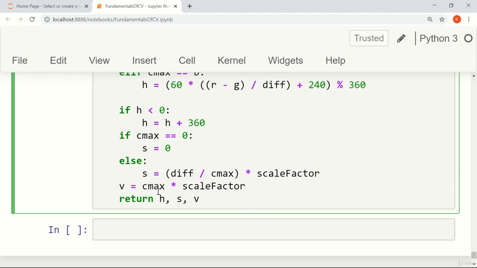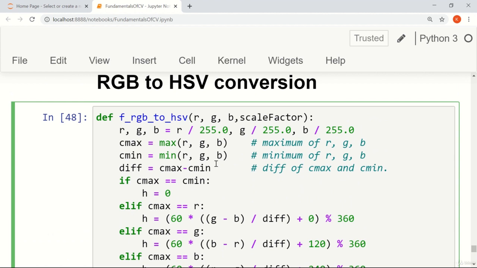So that's for 1 pixel. And then you return H, S, and V. Let's run this code. Shift enter,